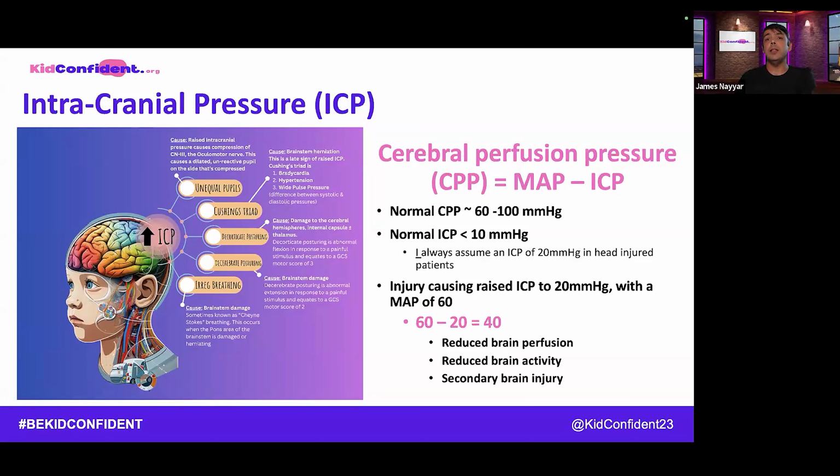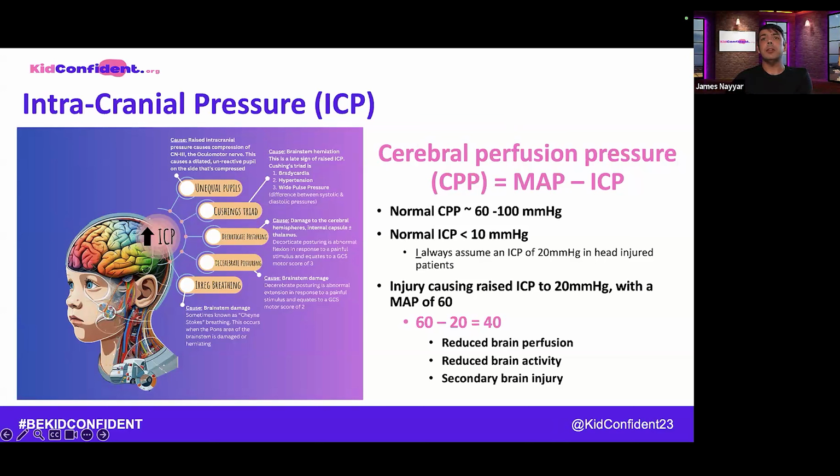So this is why we need to give oxygen to all of our brain injured patients, especially kids, to raise the amount of oxygen in the blood to try and maintain oxygen delivery to the brain when blood flow is reduced. So put more oxygen in the blood, so the smaller amount of blood getting to the brain has more oxygen in it, which means it can deliver hopefully the same amount that it needs to survive. And that's also why we need to give fluids to maintain an adequate blood pressure, or MAP, to overcome the rise in intracranial pressure and produce adequate cerebral perfusion.